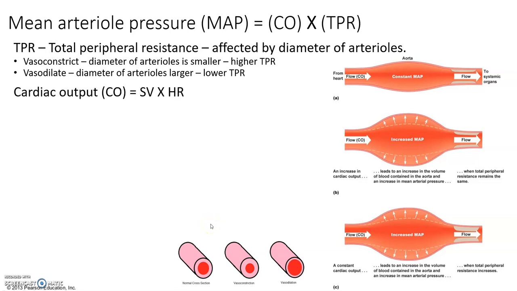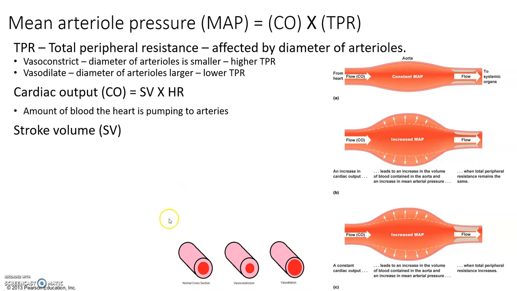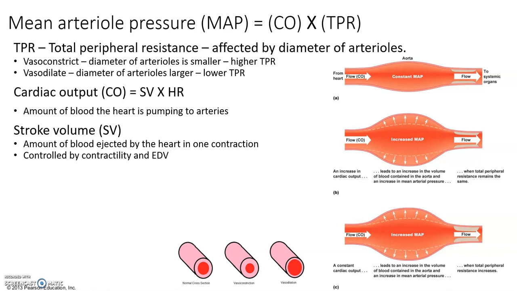Next is cardiac output. Cardiac output itself is a product of stroke volume, which we abbreviate as SV, and heart rate, which we abbreviate as HR. So cardiac output is a measure of the amount of blood that's being pumped to the arteries. If we further define the terms that affect cardiac output, stroke volume is the amount of blood that's ejected by the heart in a single contraction. This is controlled by contractility and end diastolic volume, and we'll talk about those two things in a second,